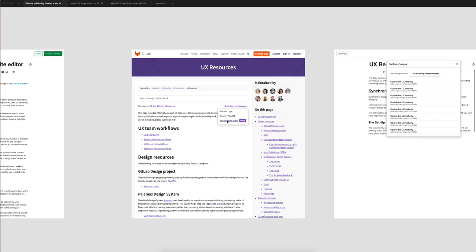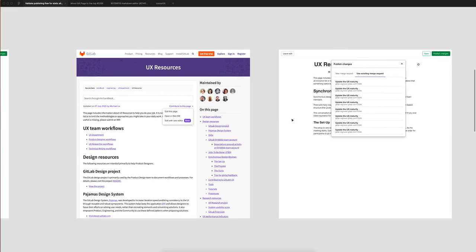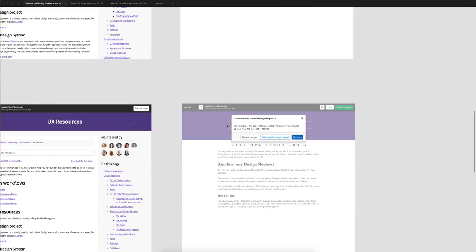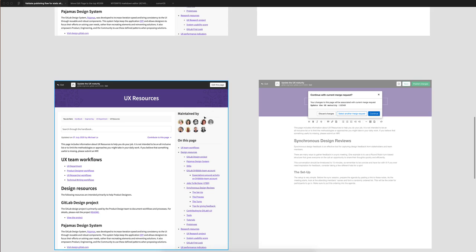I click edit with a new editor, and before I can do any edits, I'm prompted to either use a new merge request or select an existing merge request here. That's one concept. The other concept that I'm potentially proposing is that we always have this fixed